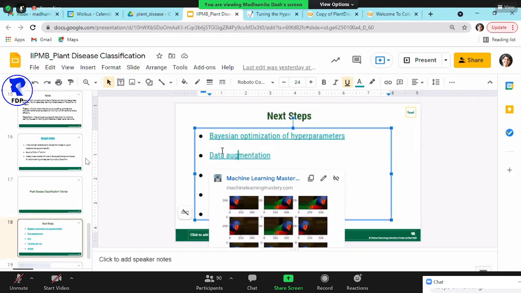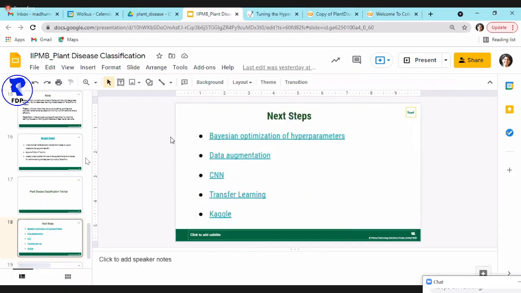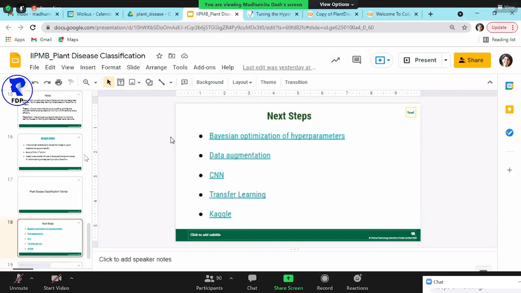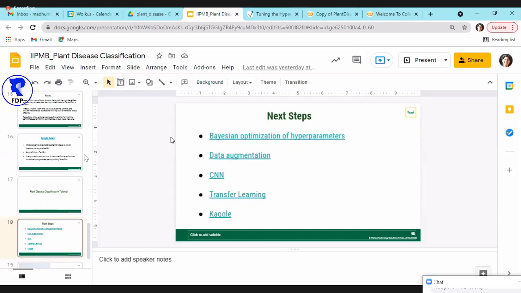I have provided a link to a small article, but to briefly tell you, you can take some of the sample data and augment it. You can flip those images, resize them, or change the lighting. You can just play around with those images and create more such data.